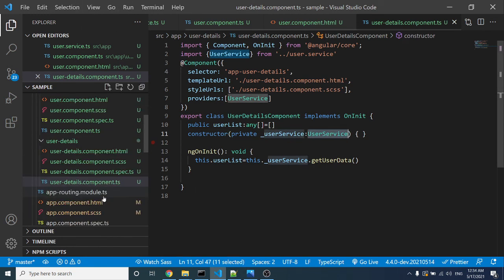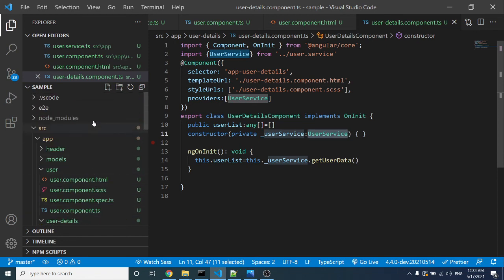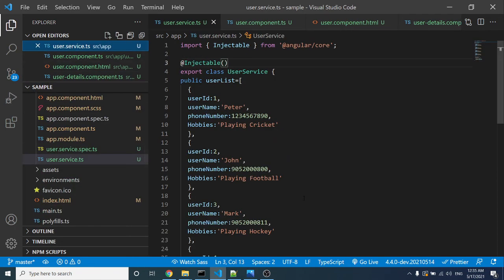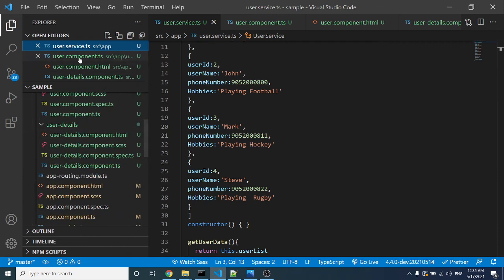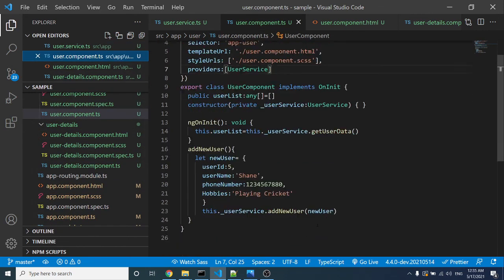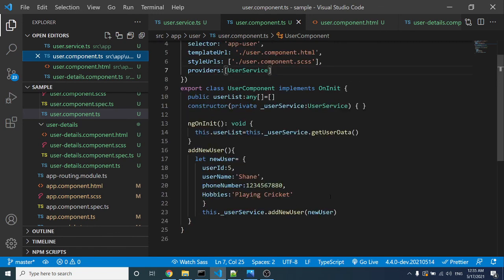If you look at it again, inside the user service we removed providedIn root, so we need to provide it at the component level. When a service is called inside the component, it looks for the injector inside the component.